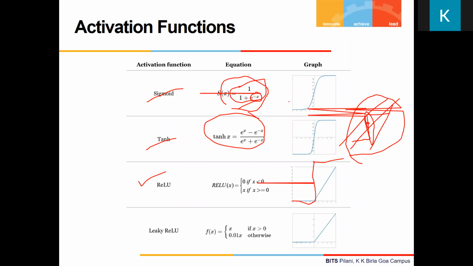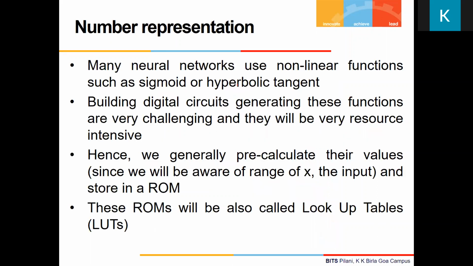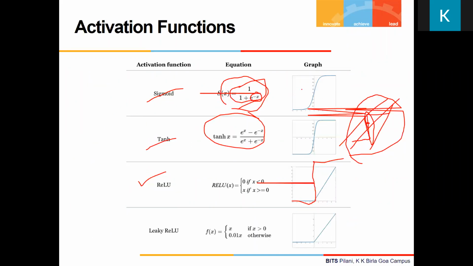Not minimum, sorry. Minimum value need not be 0 because I have negative weights also. But input is normalized, that is between 0 to 1 or minus 1 to 1, I know. Weights and biases, I know. Based on that, I can find what will be the minimum X value and the maximum X value. And based on that, I will pre-calculate this value, 1 by 1 plus e to the power of minus X. And I will store those pre-calculated values in some memory, which we basically call the lookup table. And I'll be using this lookup table for generating these functions. I will not be directly calculating them.